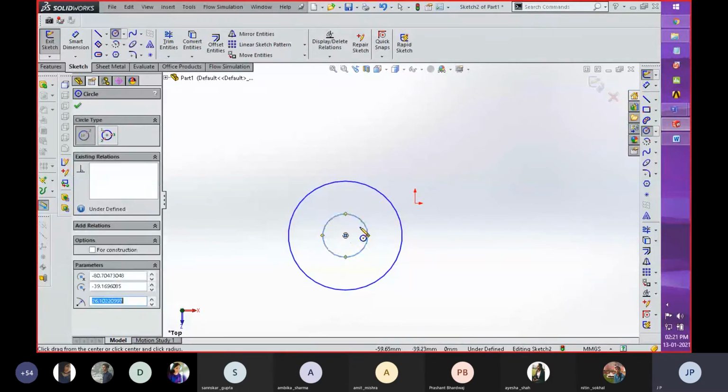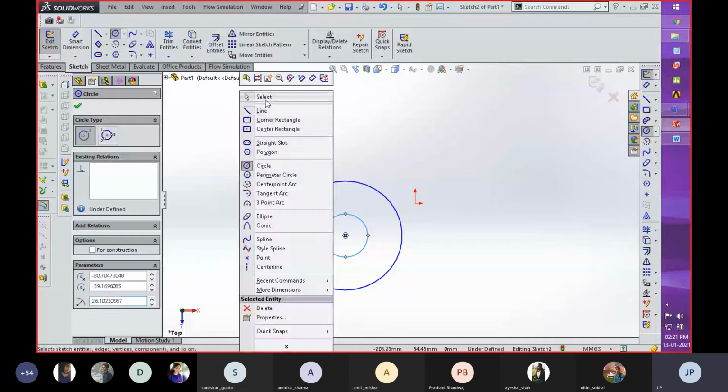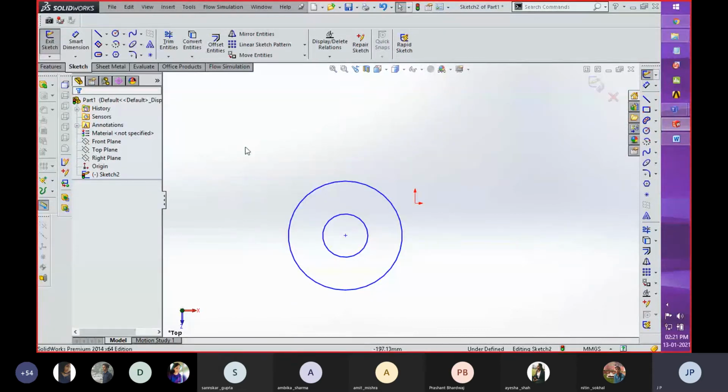What is the difference between creating a window from left to right or right to left? You can see that when we create a window from left to right, the window color is blue, and when we move from right to left, the window color is green. Actually, this method of dragging the mouse from left to right or right to left gives the benefit of selecting a component which is touching at any point, or the other method is that the component should be completely within that window. So for that purpose, I created this circle.